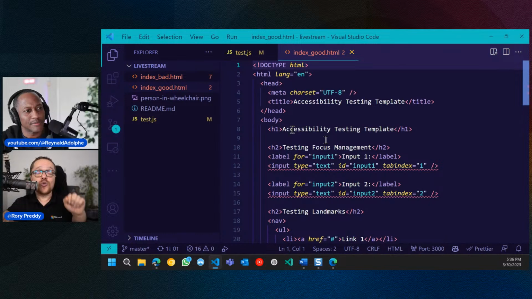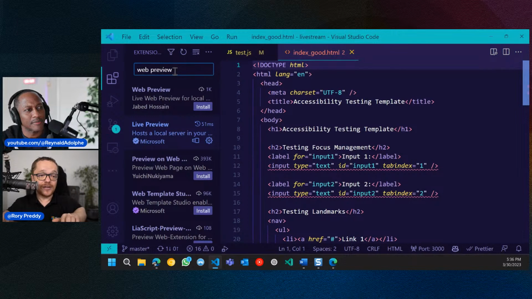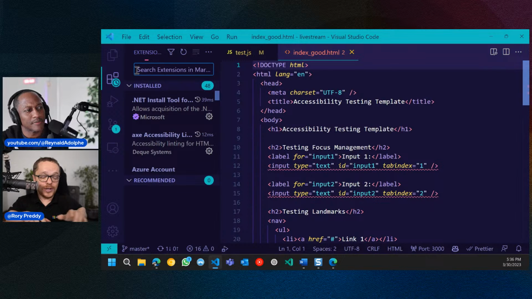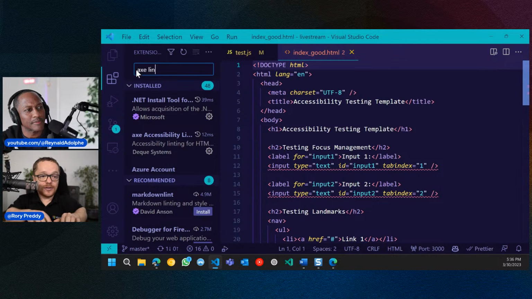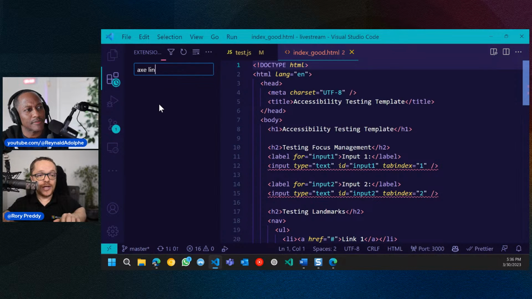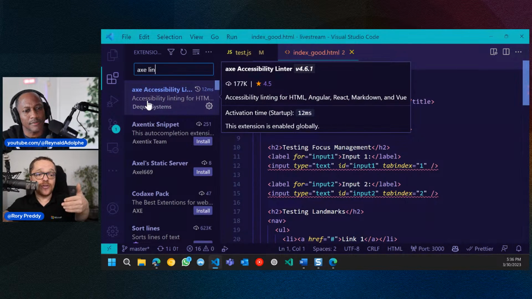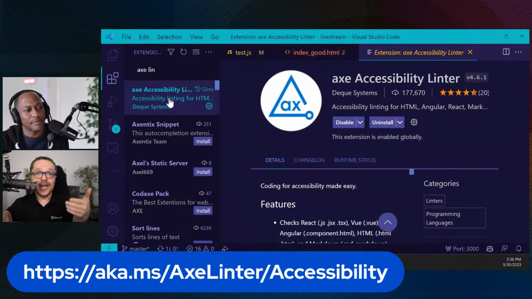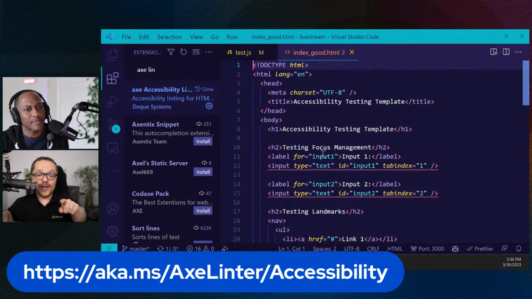But I've installed an extension called the Linter. If you remember what we said earlier, as you're coding, the Linter will check your code. You can see it's already installed here, it's by Deque Labs, and this is the same rules engine that we used with Accessibility Insights. So if you run it online, you'll get the same feel and the same rules as you did with Accessibility Insights. Install it there, and then you get all this linting.